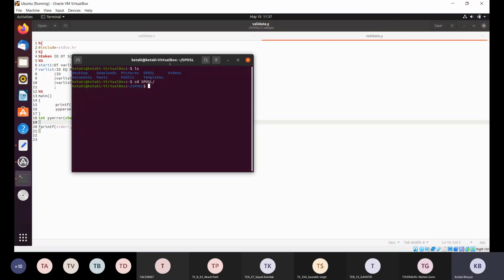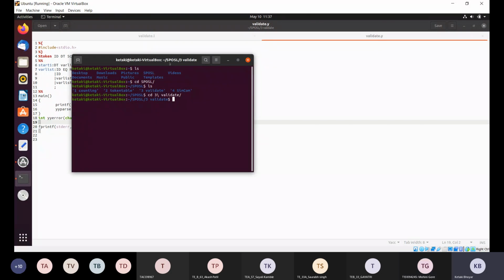We have to go to the third folder. It contains the code. Okay, so now we are present in the folder where we want. I hope the terminal is visible to everyone. I'm running the code right now.